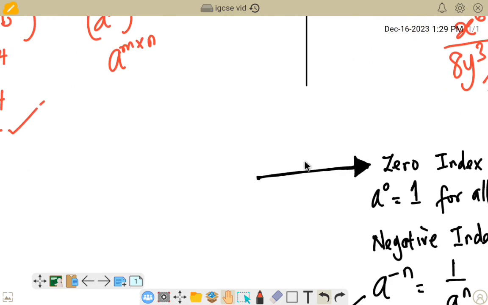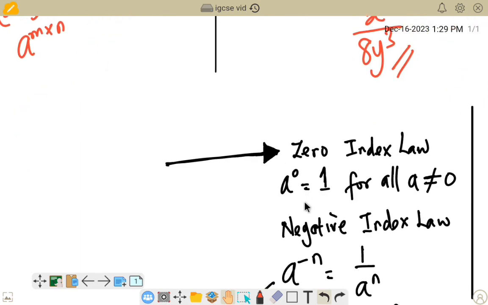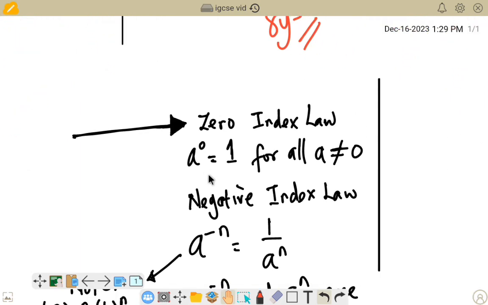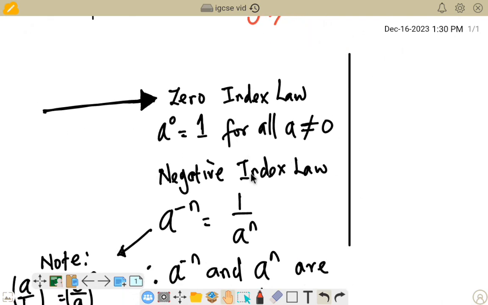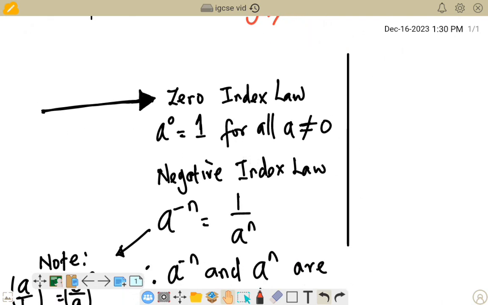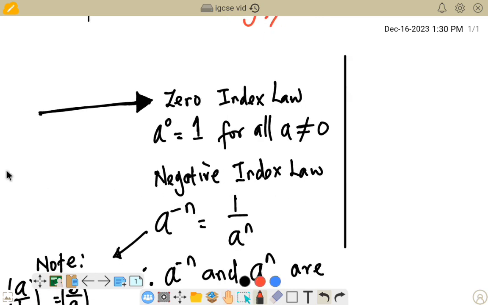So we'll move to the zero or index law. The zero law is pretty straightforward. The zero law states that any number raised to the power 0 is equal to 1. But there's a particular number that doesn't apply to that rule. So the number is 0. So when you raise 0 to the power of 0,